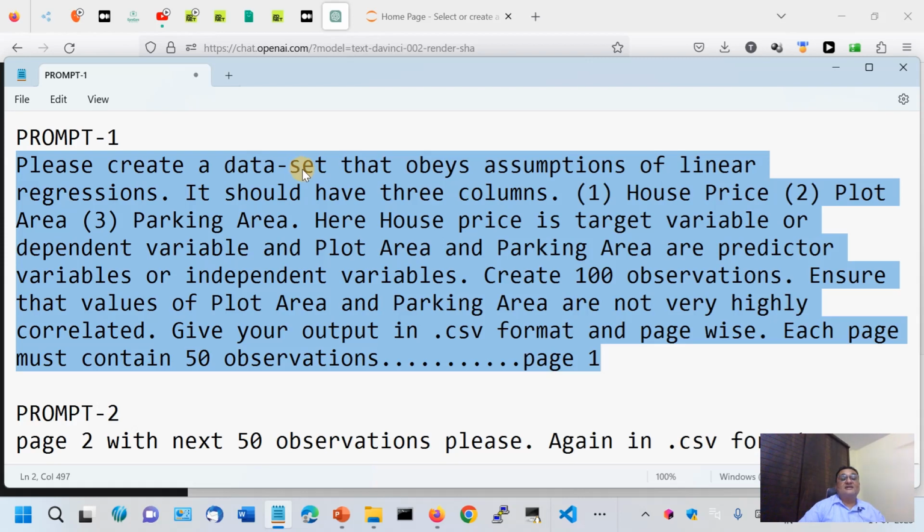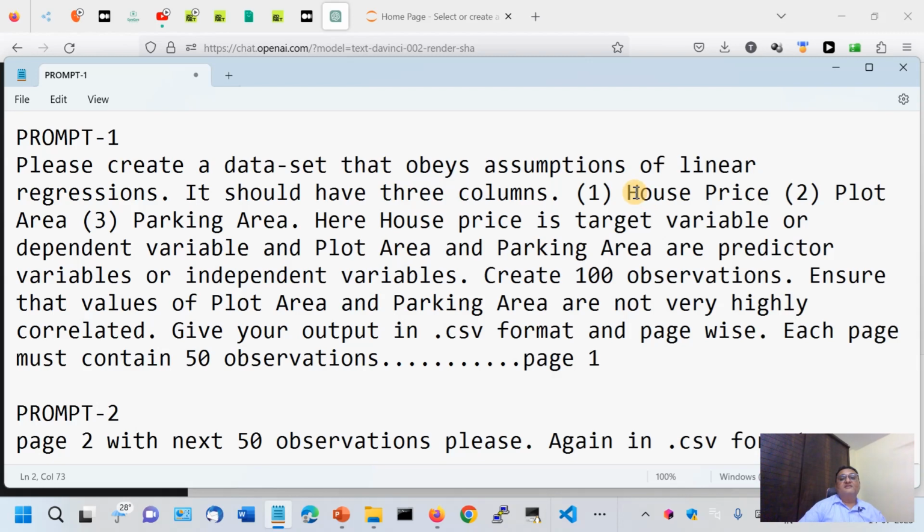Please create a data set which obeys assumptions of linear regression. Now, the linear regression has many assumptions, normality and linearity and homoscedasticity and all that. So I'm saying that you create the data which obeys the assumptions of linear regression, which should have three columns: house price, plot area, and parking area. House price is the target variable or dependent variable, and plot area and parking area are predictor variables or independent